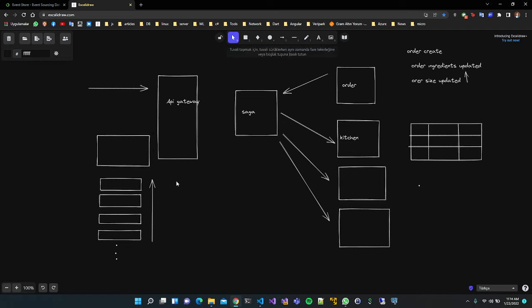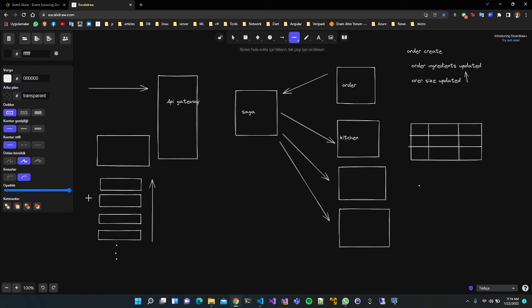Let's think. We said we can handle this object, and in the kitchen service, when we want to work with the order, we just construct the object, and then we work with this object. But there is another problem with this approach.